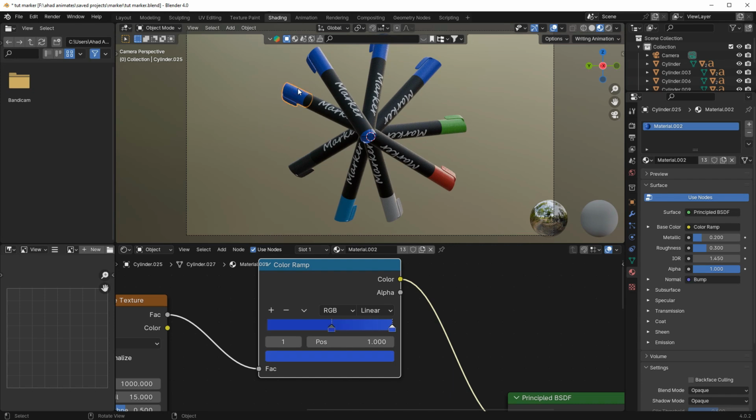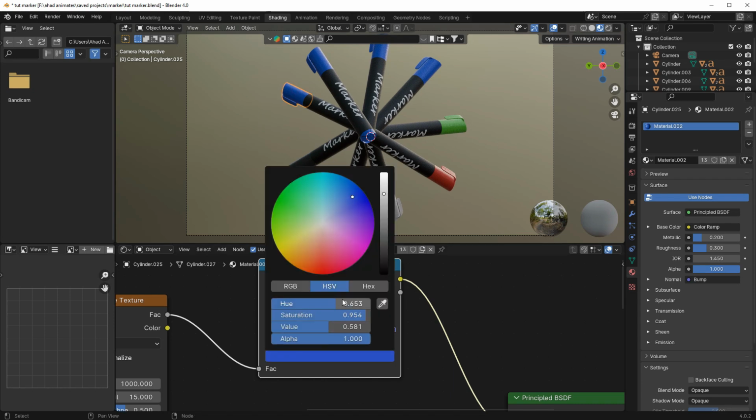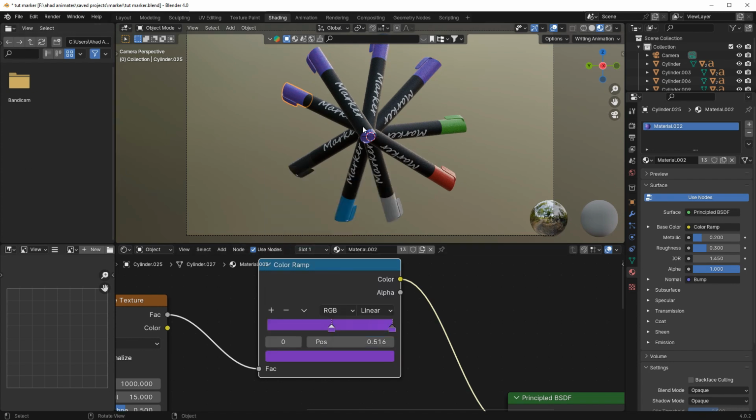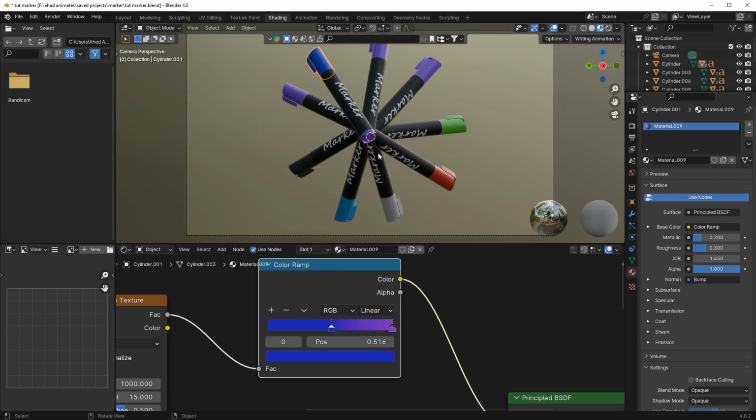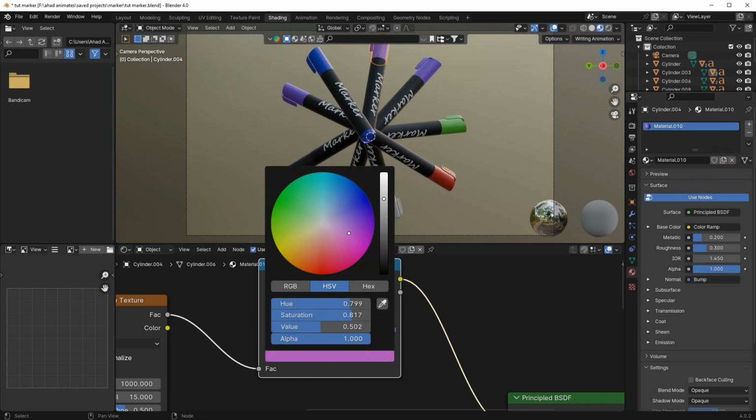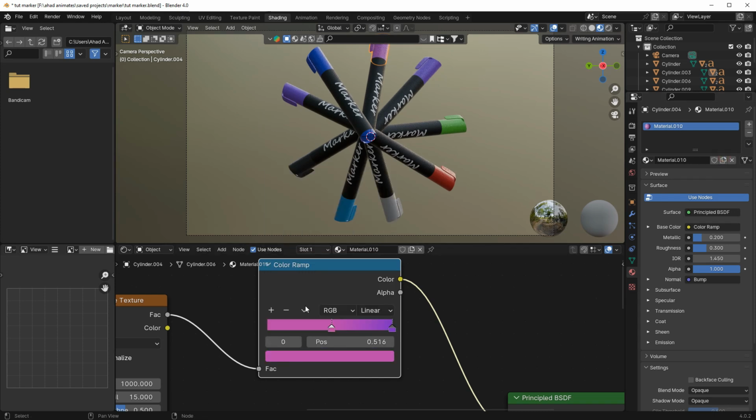And now select this one and then give it a different material like purple or something. Alright, now select this one, copy this, give it a blue material, select this and then like this, and then select this one, second last, give it a pink material